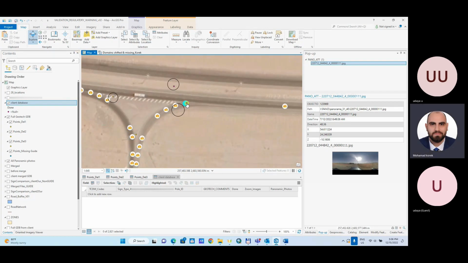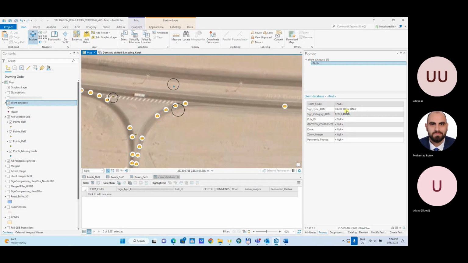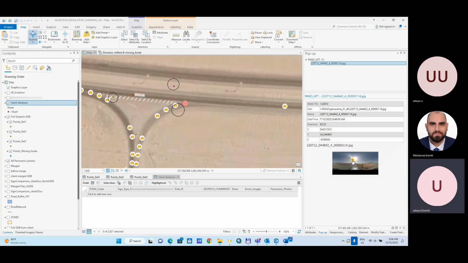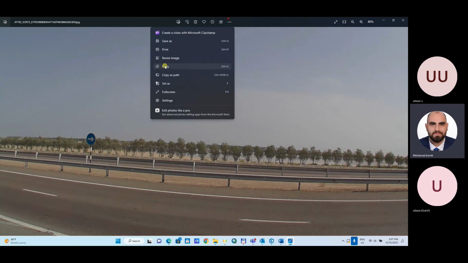This one also is a missing sign. So this one, it's a right turn only sign. Look where it is. Let's see. So I copy the panoramic image,